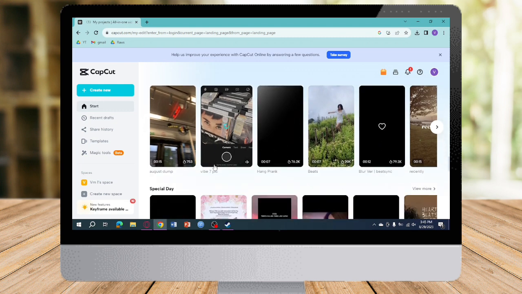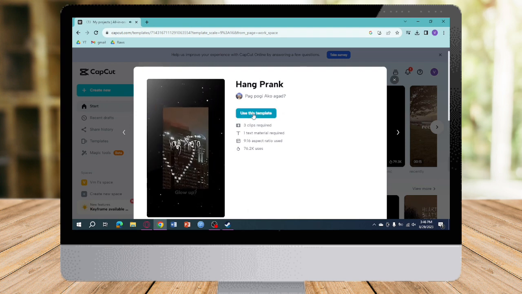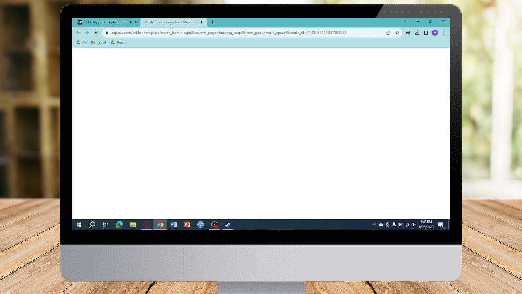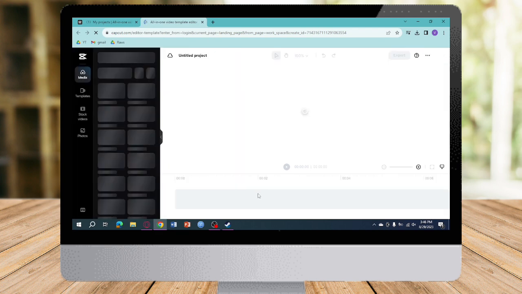And for example, I want to use this template right here. As you can see, if you head over and hover to this specific template, you can see your preview of that specific template. So in order to use it, you can just click on it and then click on this use this template, and then this will open another window right here wherein you can just add the media that